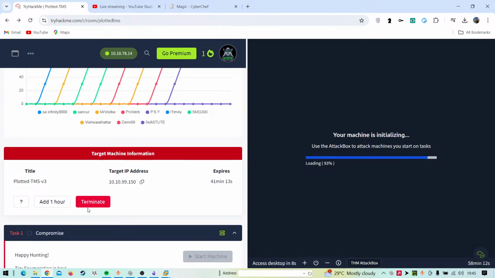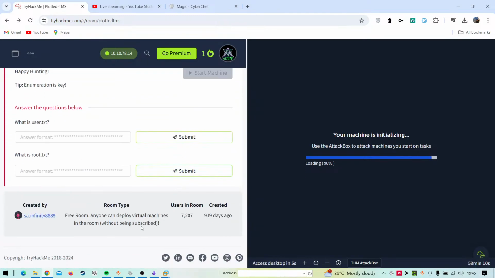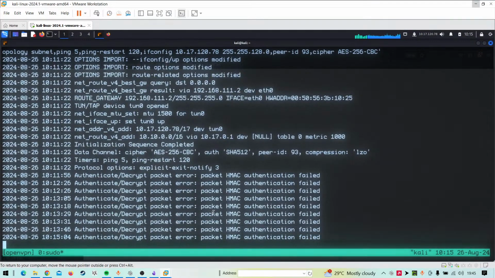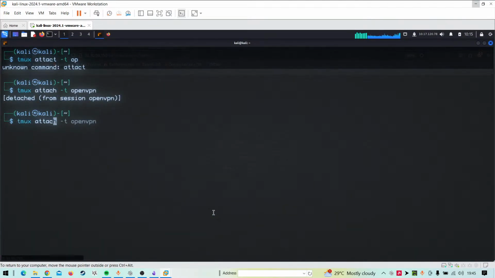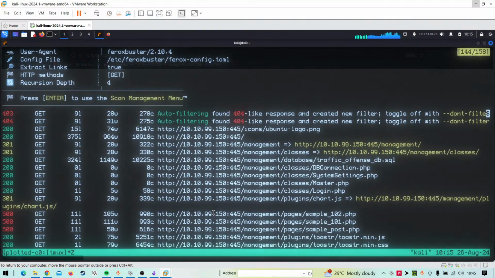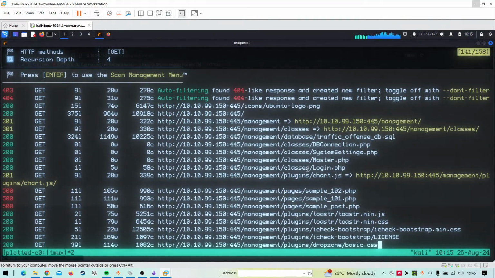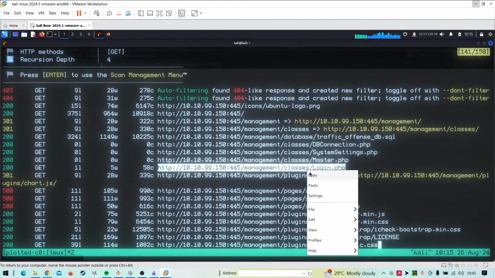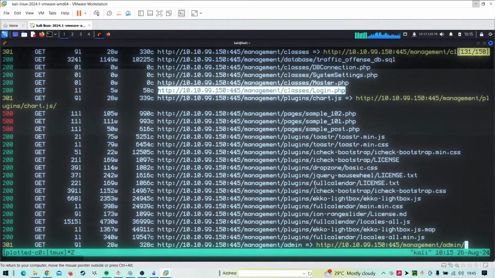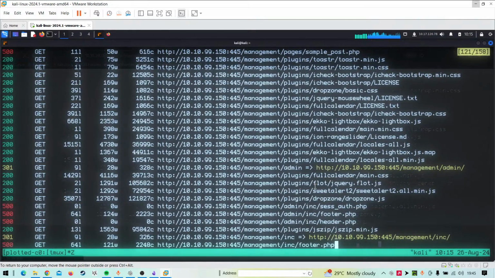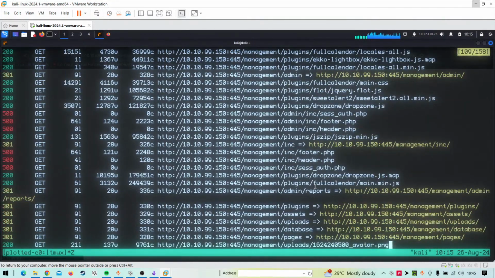So 93% is almost done. I can just see, oh, what is the uploaded TMS? Some of these, like pretty cool stuff here, like this login.php, master.php, and I think there is one more file called SQL.